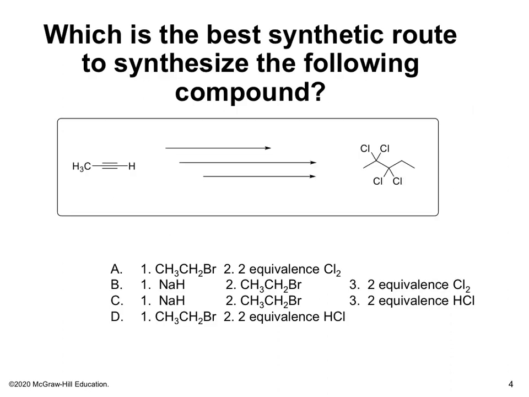Okay, so multi-step synthesis. How do you go from an alkyne to a tetrasubstituted carbon? Well, first of all, you've got to see how many carbons you've got. 1, 2, 3, 1, 2, 3. So we need to add 2 more carbons. So you're going to need sodium hydride. Sodium hydride is a strong base that can deprotonate to give you